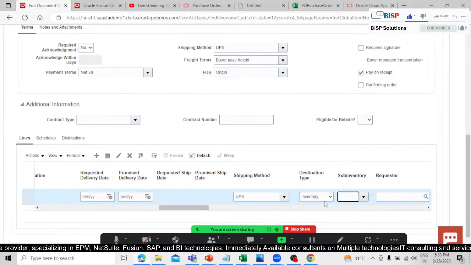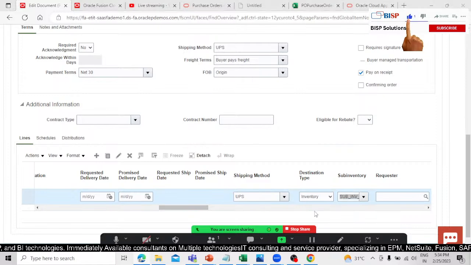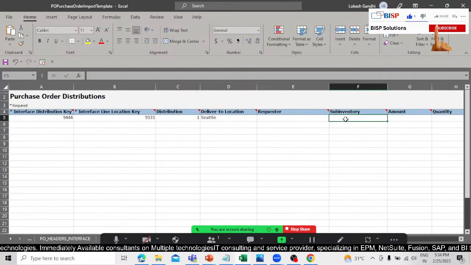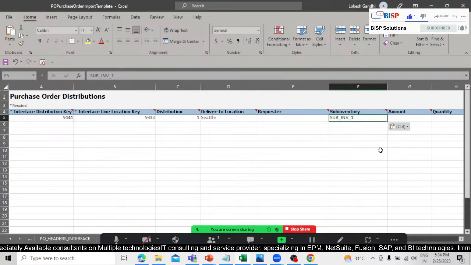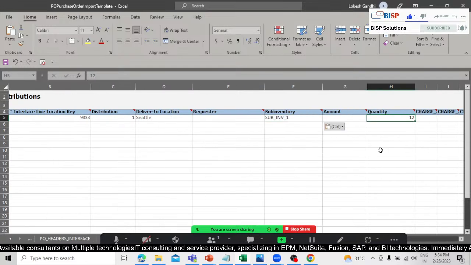So this is our sub inventory. Let's copy this item, see data. Let's copy and paste it into the sub inventory, right? So this is sub inventory, and what is the quantity you can define over here? That is like 50, right? Amount you can define, or you can skip also,